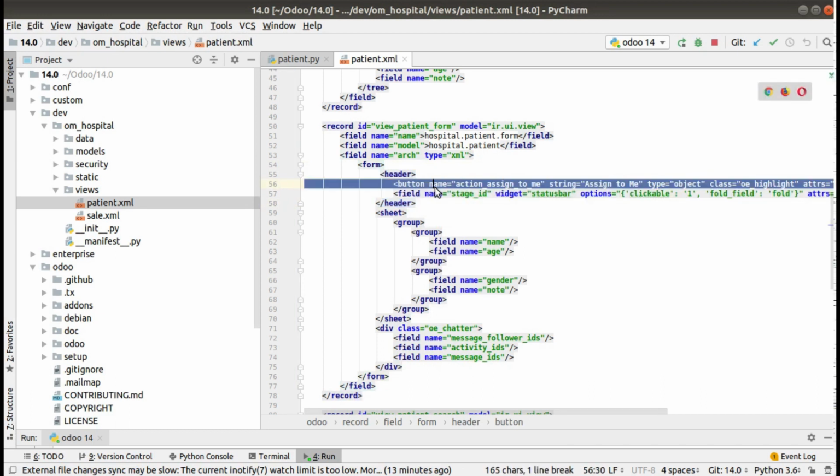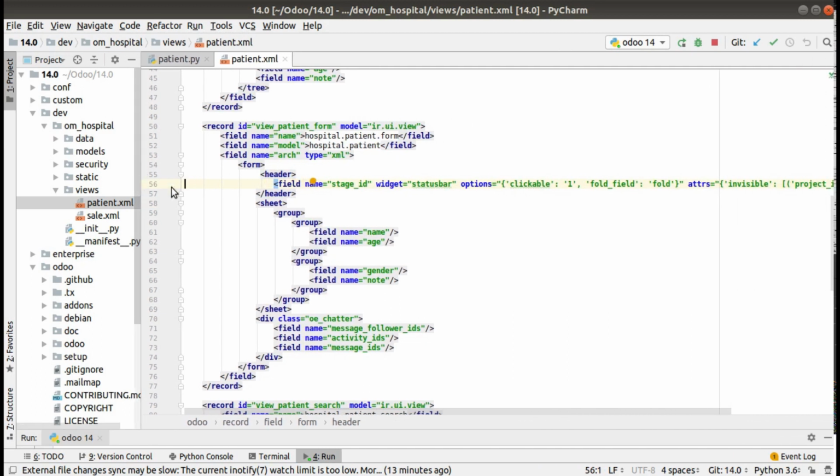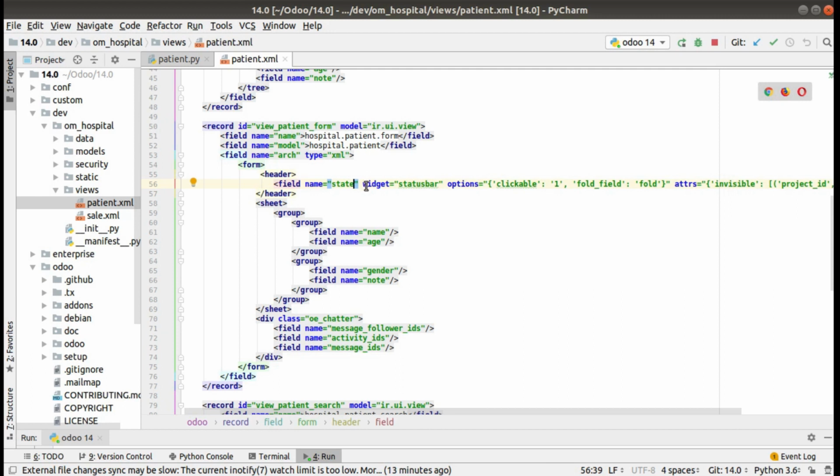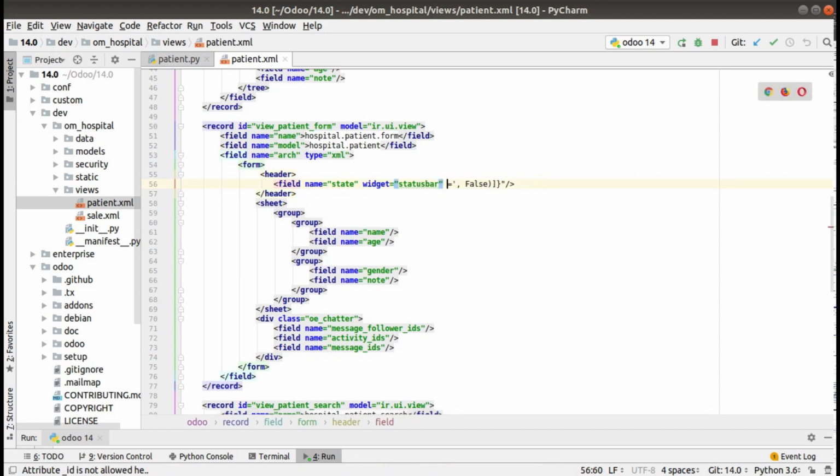I don't need that one, and I'll just adjust the screen size. Our field name is state, so I'll give it as it is. You have to give widget status bar, and I'll be removing the things that are not relevant to us.